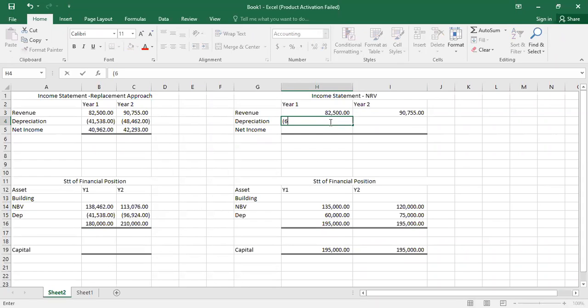So I just put it in bracket, it's 60,000. And the depreciation for this was 15,000. So the accumulated depreciation was 75. So our net income, this less this, our net income is